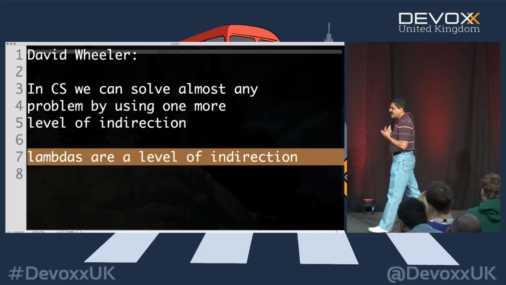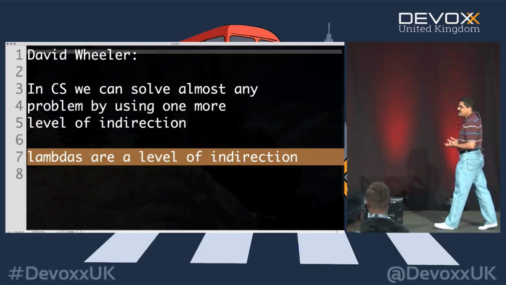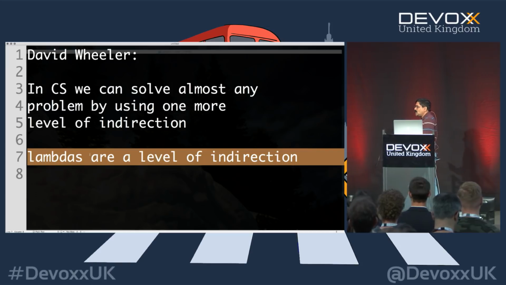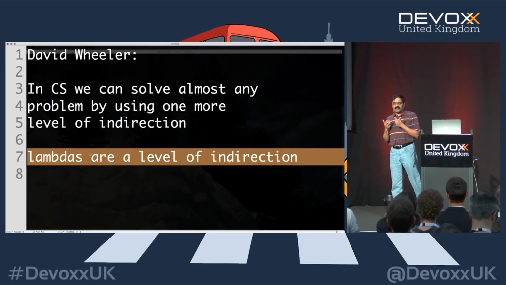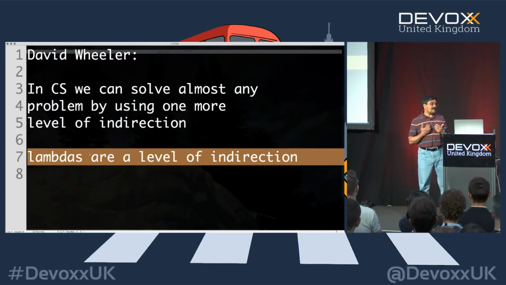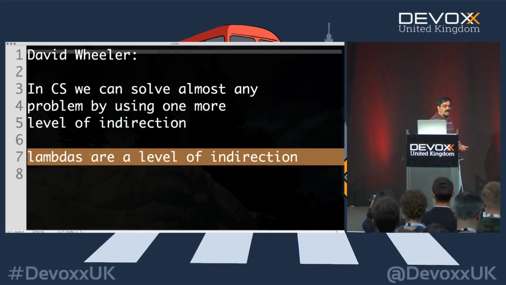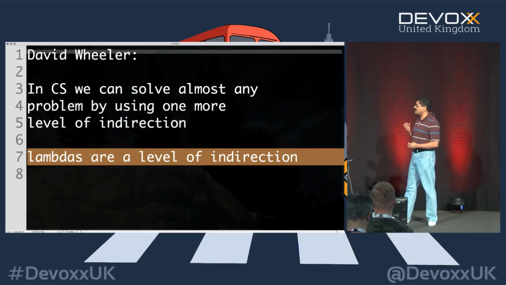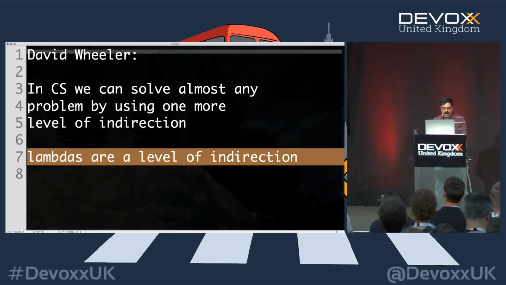Well, that gives us the ability to do a deferred evaluation. Instead of calling a function right away, put the function into a lambda. The lambda is evaluated right now, but the lambda is not executed at the moment. So lambdas automatically give us a level of indirection, and that becomes a very powerful design tool on our hands.